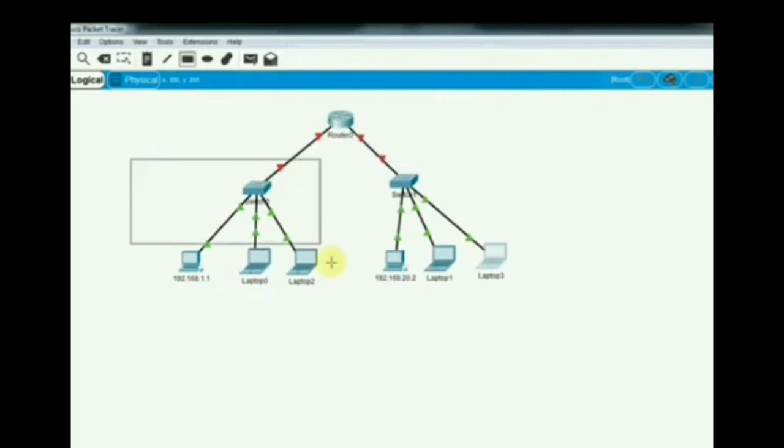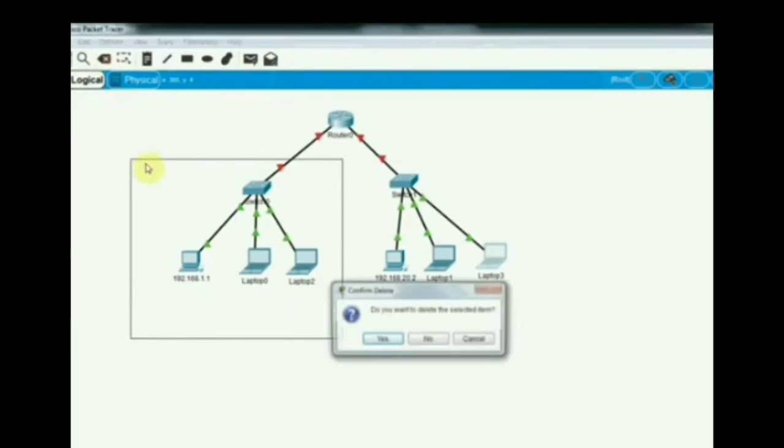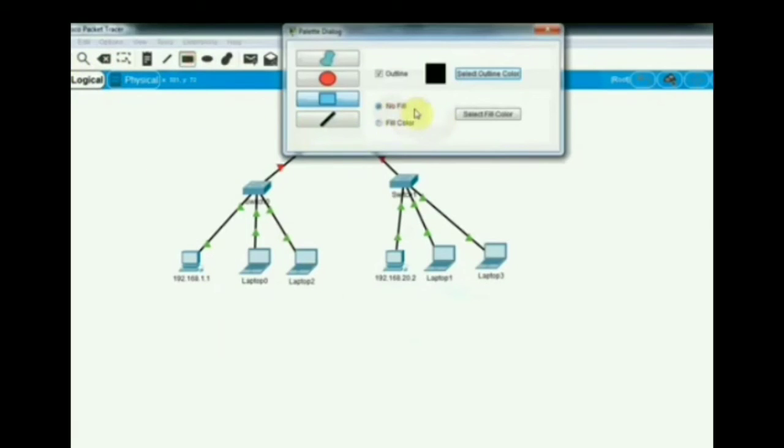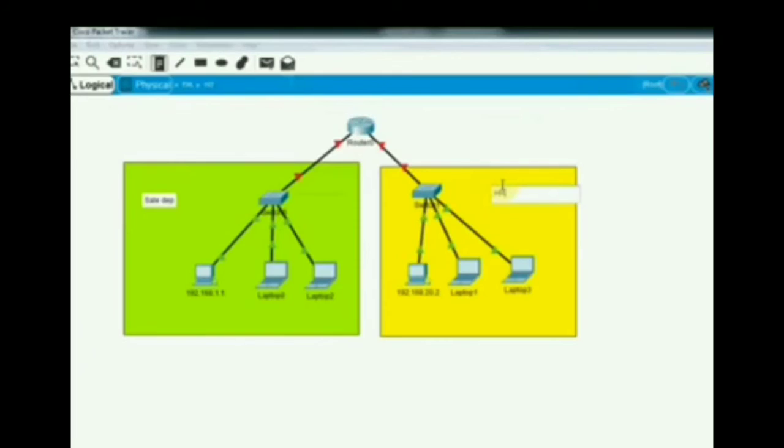Let me take the color. So select the color. I am taking this color, and this is the color for one department, the green is the sales department, the yellow is the HR department. So for example, we are using the network 192.168.1.1, so let me choose 1.2 here.